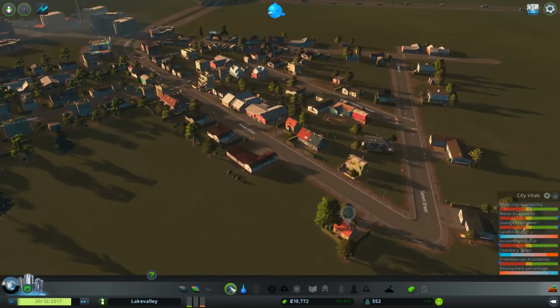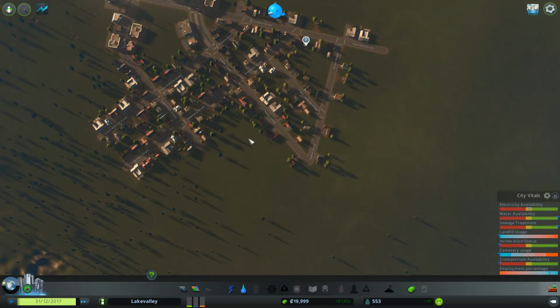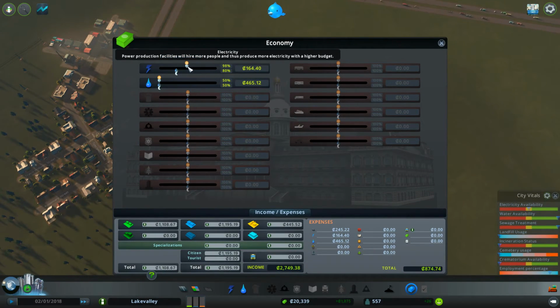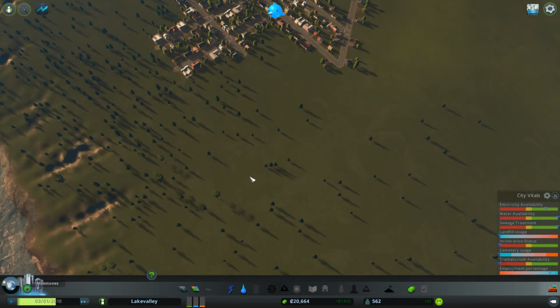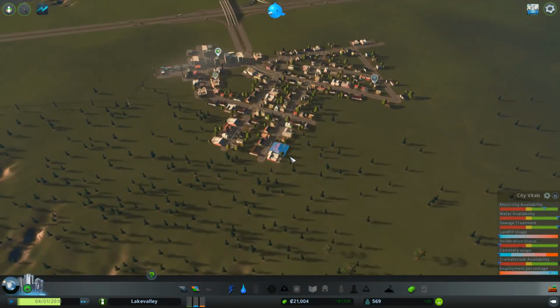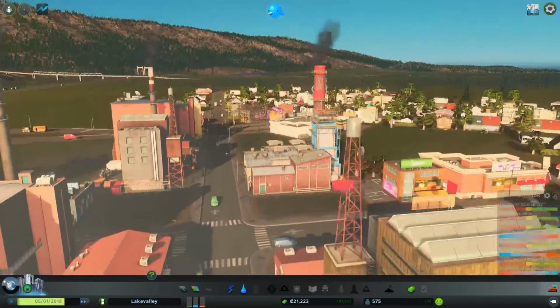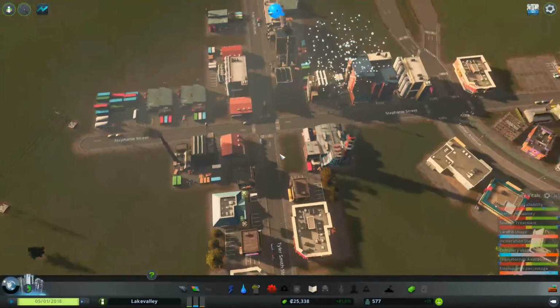So how are we doing? I think I'm gonna need some more water here. Oh no, actually I did. Oh, that's good. Electricity, however, is a little bit of an issue. Let's go up to 100. It shouldn't change that much on the budget. We're about to unlock the next first milestone. There we go, a little hamlet. Now we have some loans as well and taxes, although I'm not gonna mess around with the taxes just